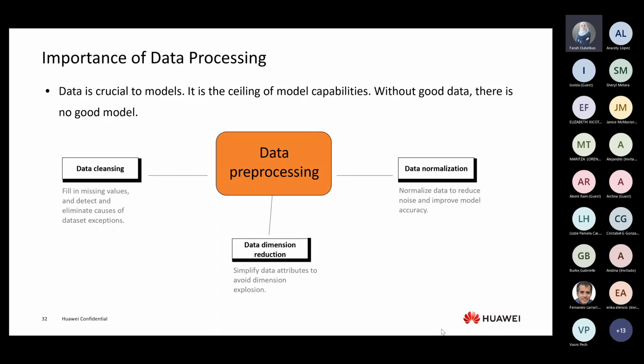So that's why we think about data dimension reduction. We generally refer to this as the curse of dimensionality. And one of the most popular techniques that we use for dimension reduction is PCA,